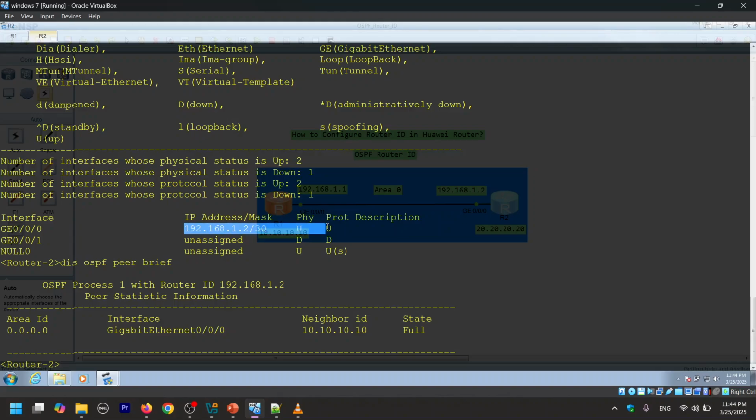The router ID it selected is 192.168.1.2. So now you see the rule for Huawei is very clear: if you configure the loopback address and the physical interface IP, then OSPF will give first preference to loopback IPs. If the loopback IPs are not configured and not advertised in the OSPF process, then it will not consider them as a router ID. It will not count them in the router ID list. So both of these scenarios we have already seen in this lab.